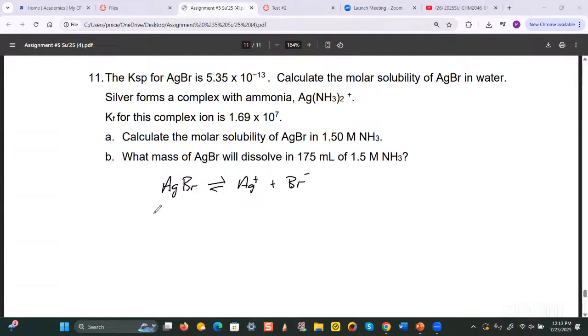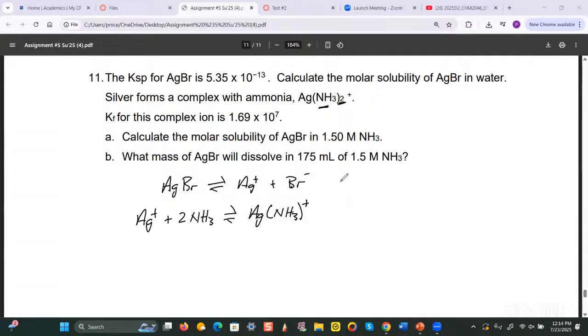And then the second reaction is the reaction where the silver ions react with ammonia. And because you have 2 ammonia molecules in the complex, you're going to have 2 NH3 here. And then the product of this reaction would be silver with the 2 ammonia molecules attached. And all of that will carry a plus charge. So we have that